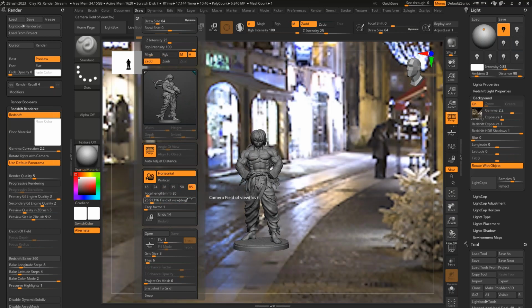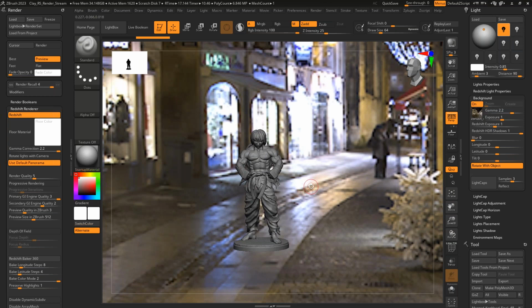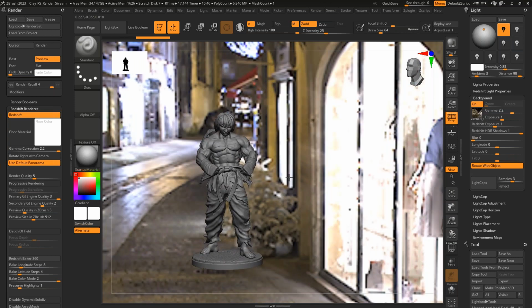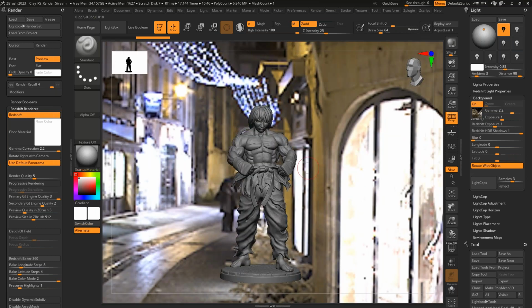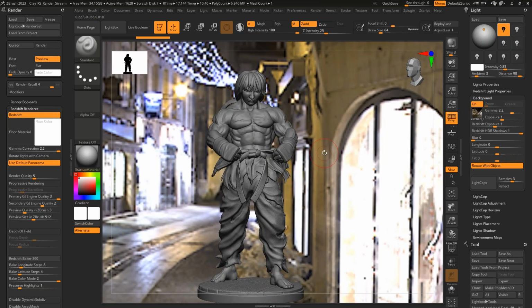perspective view. For this one, I'm going to actually work in perspective, but I'm going to stick it at 85 because I think that's good. And now I can start placing my scene where I think it is going to be. And at any point in time, if you wanted to test render to see what you're getting, you